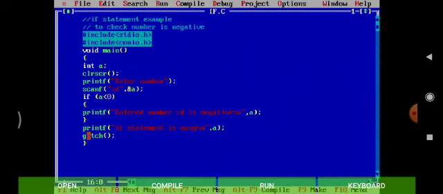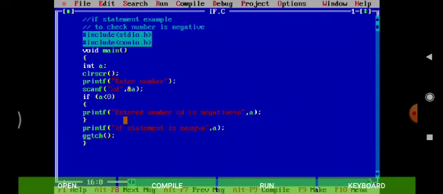We have entered a negative number, which means the condition a is less than 0 is satisfied. When this condition is satisfied, it enters this block and executes the statement, that is printf entered number is negative. And then it is followed by the statement as it is, printf if statement is easy.